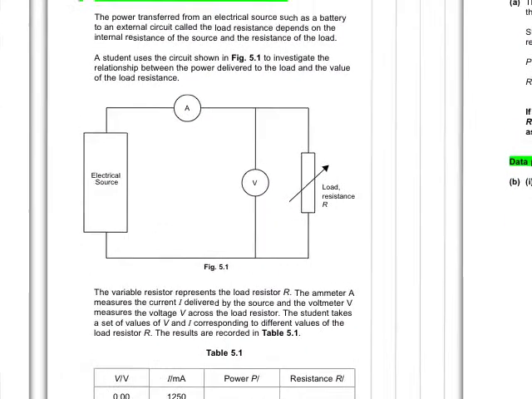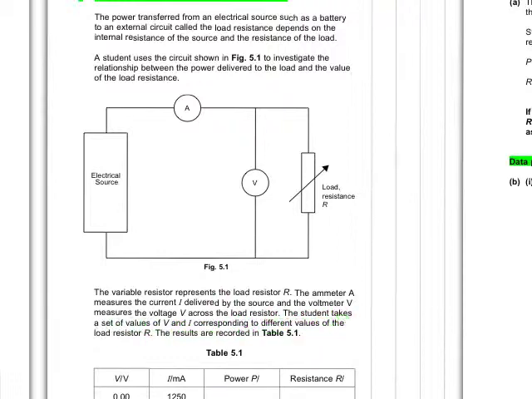So here's our diagram, and of course, yes, you've got our power source. You have an ammeter and voltmeter in there to measure the current and the voltage, the PD, and then you also have a variable resistor, which is the load resistance. So the variable resistor represents the load resistor R. The ammeter A measures the current delivered by the source, and the voltmeter V measures the voltage across the load